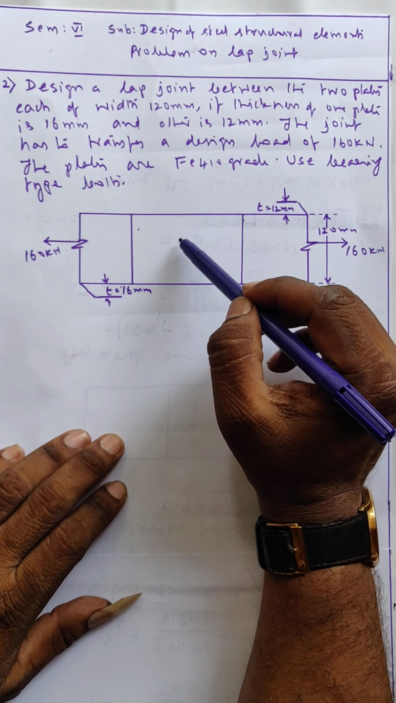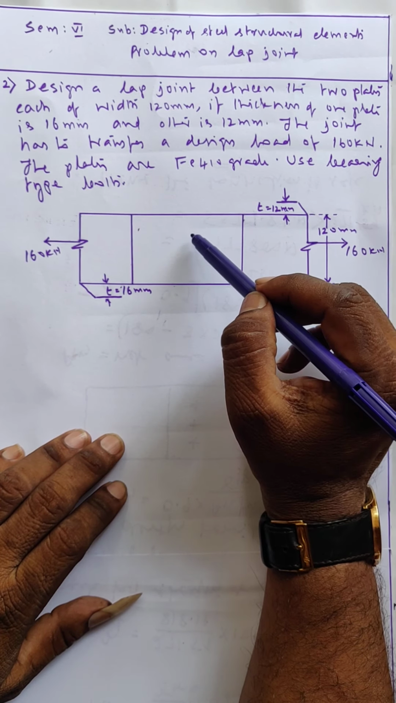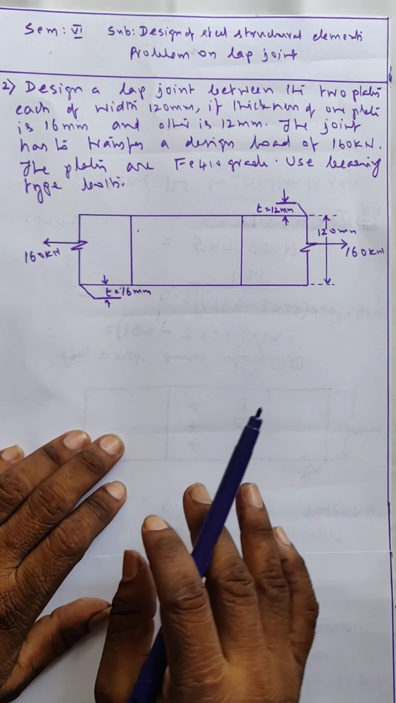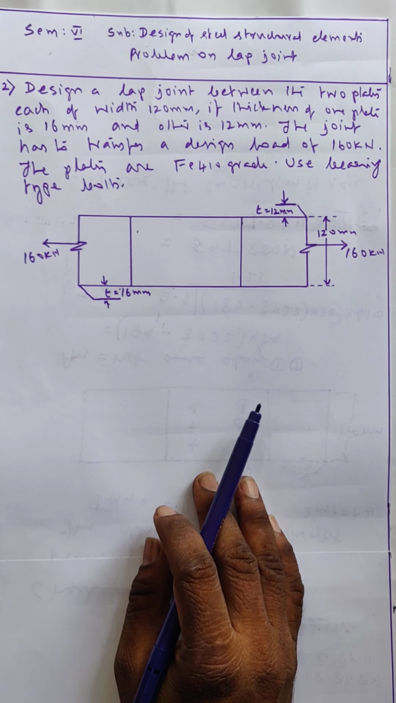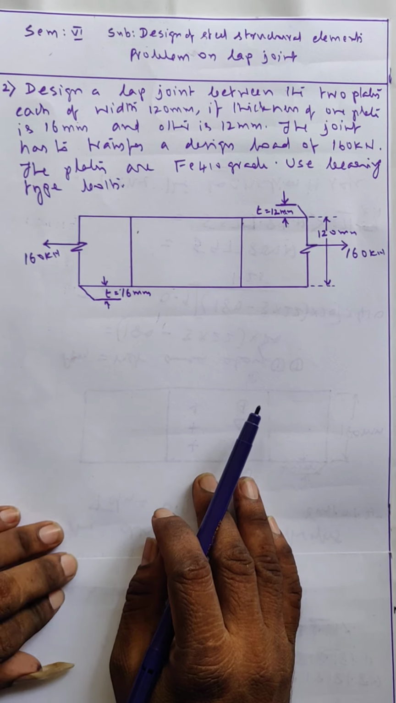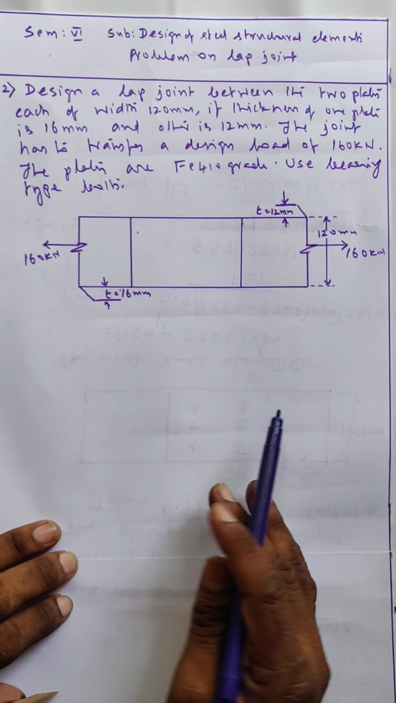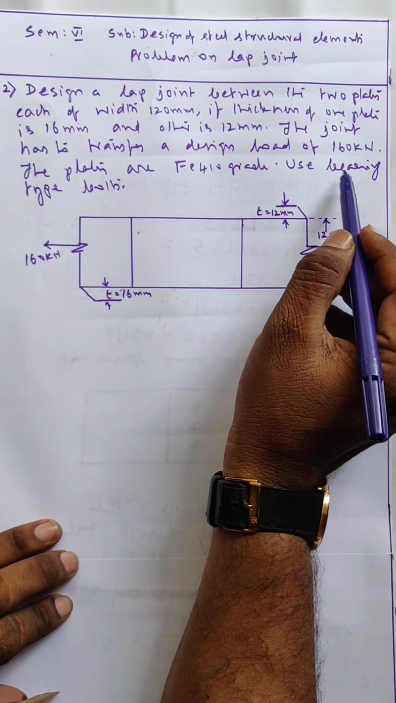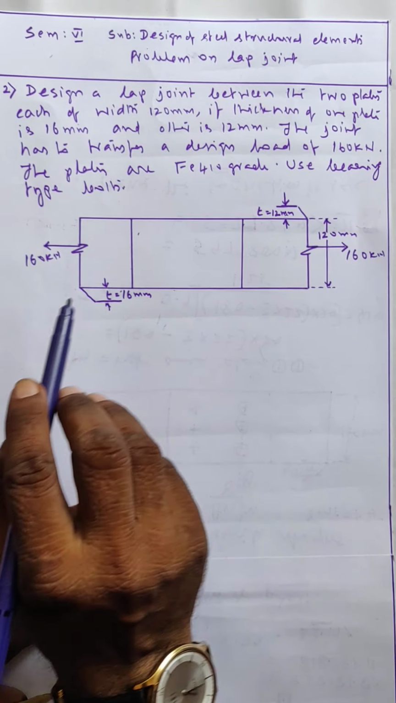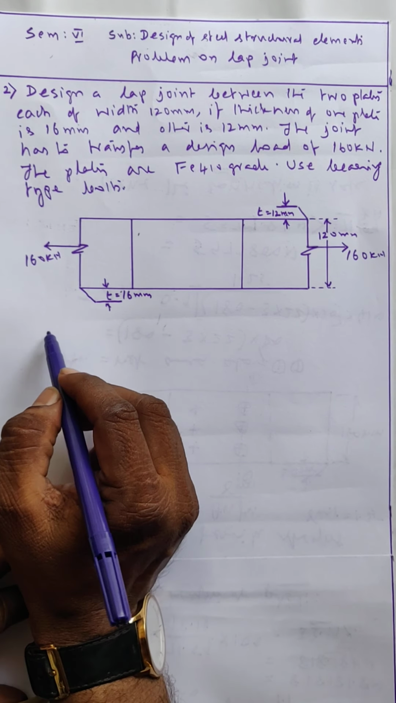See, here bolts are not given, load is given. We have to calculate the number of bolts and the efficiency, or the strength of the plate, the efficiency of the joint. Use bearing type of bolts. Bolt diameter is not given. Therefore, let us assume